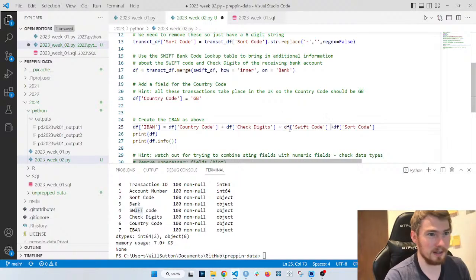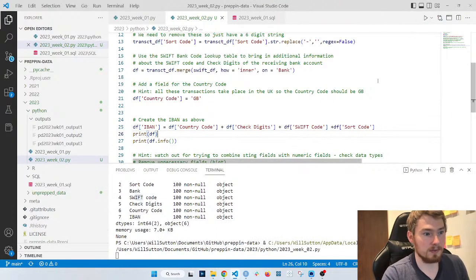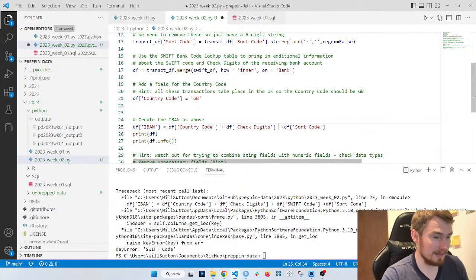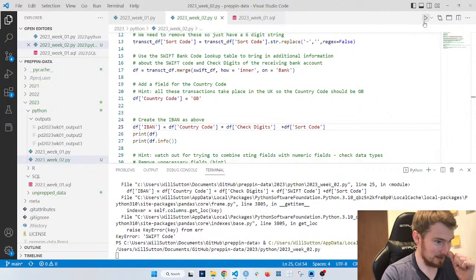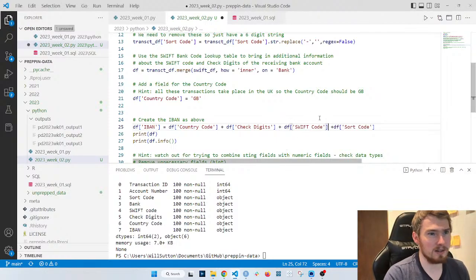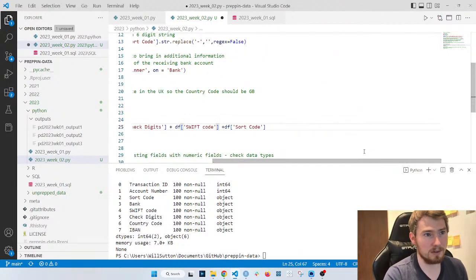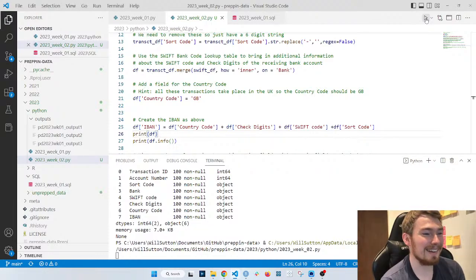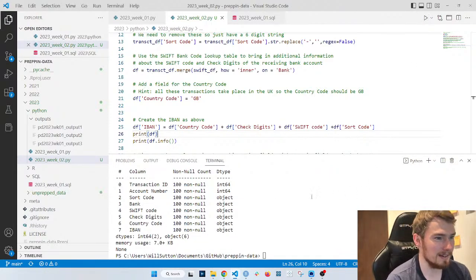I thought it was something like that going on. So that's right, Swift is in caps. Okay, run that. Oh, okay, so that's in lowercase. Please, please let this work. Yeah, okay, so that's worked.